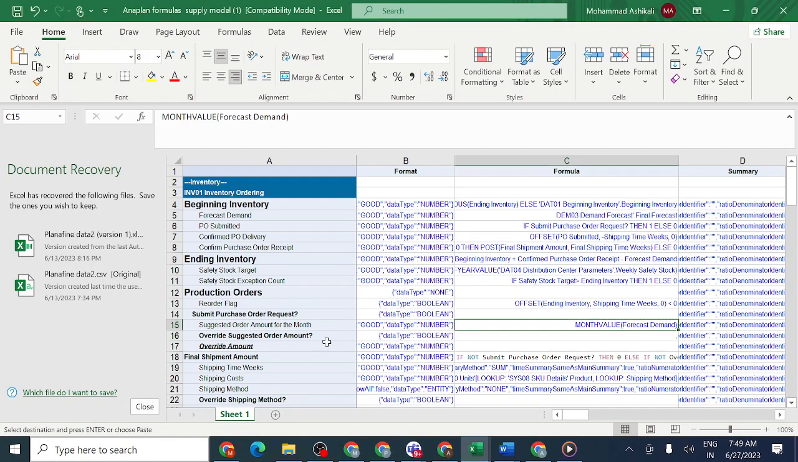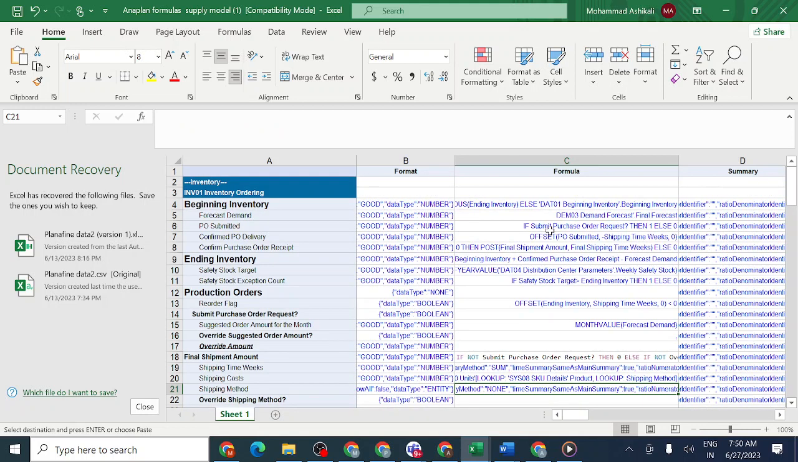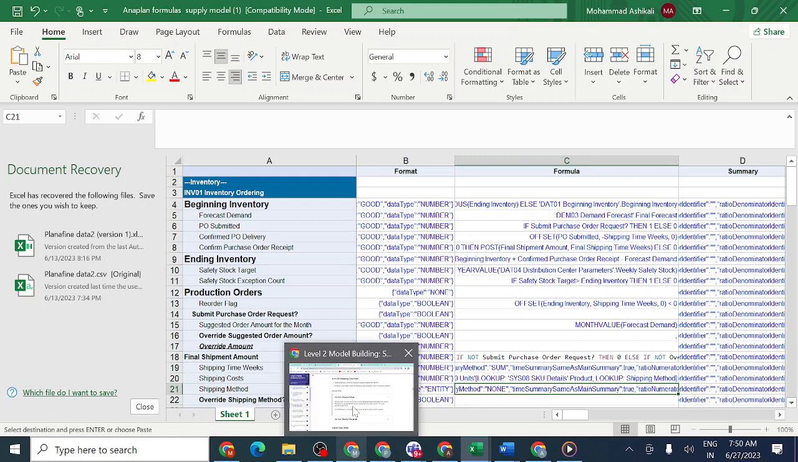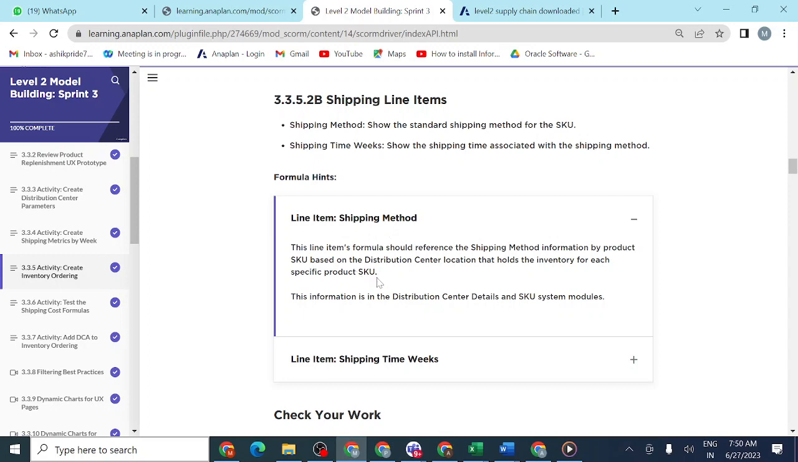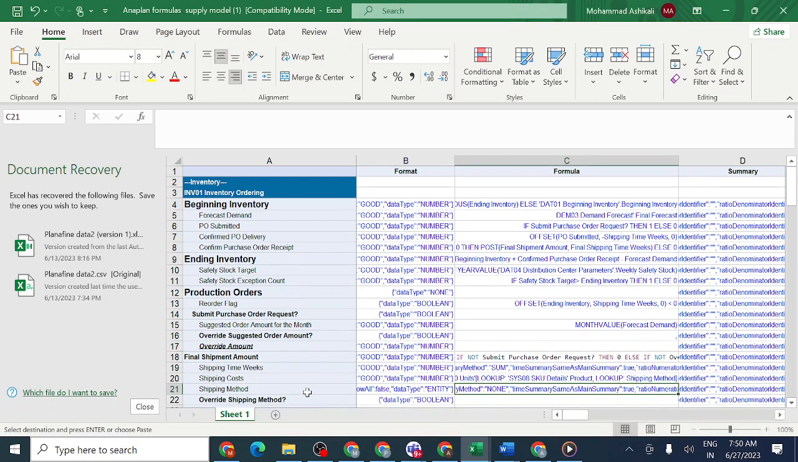So you can see shipping time. What is our line item? Is it shipping method or shipping time, the first line item? Yes, shipping method is our first line item, then shipping time we have. For shipping method,